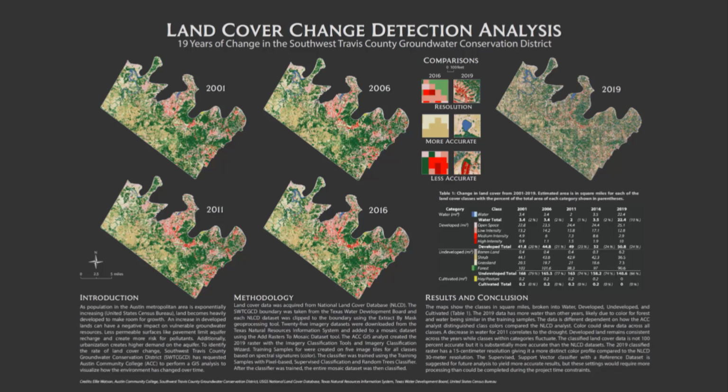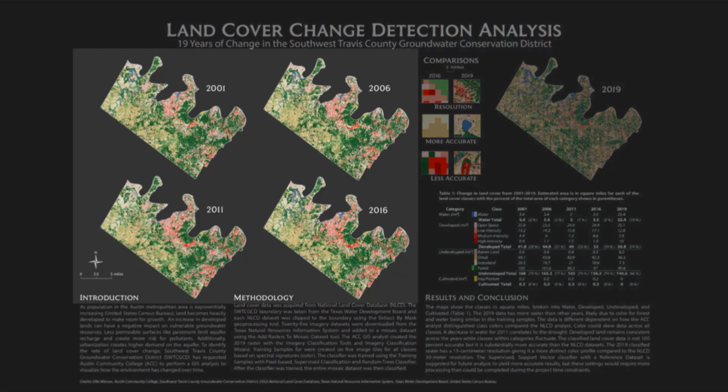This is a poster created by Ellie Watson for data acquisition and analysis in GIS here at ACC, in which she analyzed the change in land cover over 19 years in southwestern Travis County for a groundwater conservation district. And I really like how she presented her analysis using small multiples, where we utilize the same shape and area of southwestern Travis County, but only change the underlying data, in this case land cover, to emphasize trends and